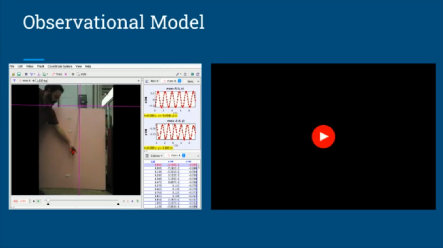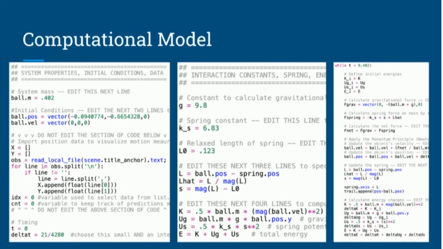Now, after that was tracked, it then outputted a table of position points, which I used to compare the code of the computational model to see how similar or different the results of both models were. Moving on to the computational model, I first inputted the initial conditions, so I set the object's mass to 0.402